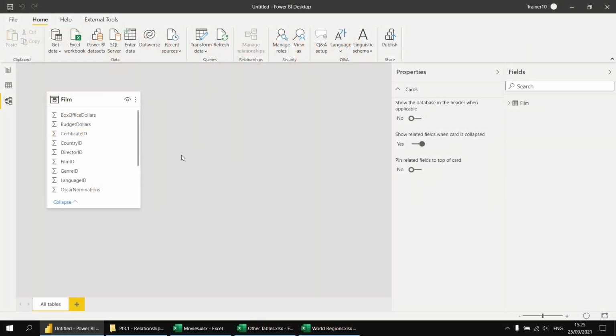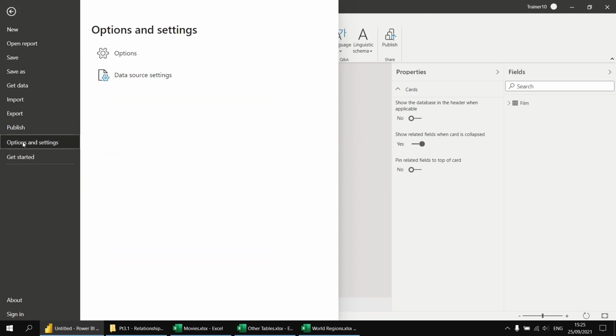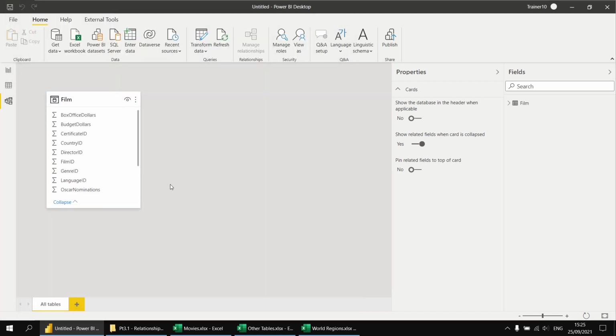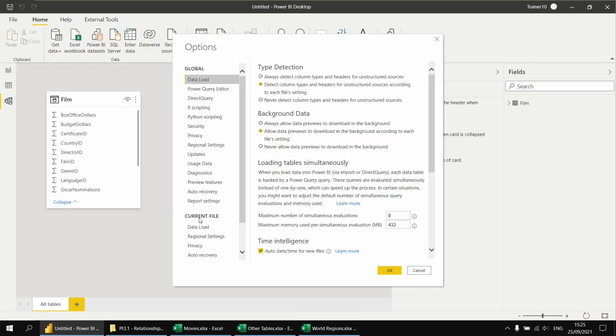Next, I'd like to import all of the other tables which contain the descriptive words related to these ID numbers. When I do that, I'd like Power BI to give me as much help as possible in automatically detecting the relationships between the tables we import. And to try to force it to do that, we can head up to the File menu, choose Options and Settings, and then in the Options dialog box, when it finally loads, we can find the Current File section